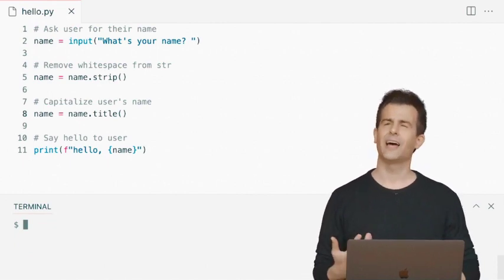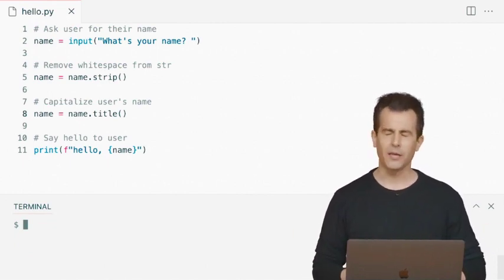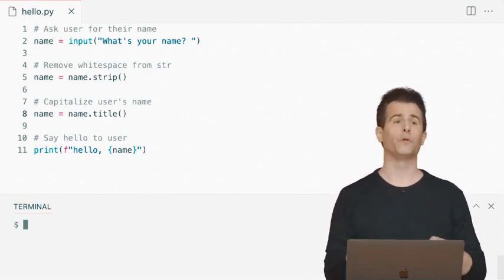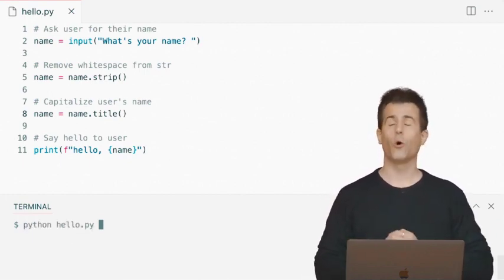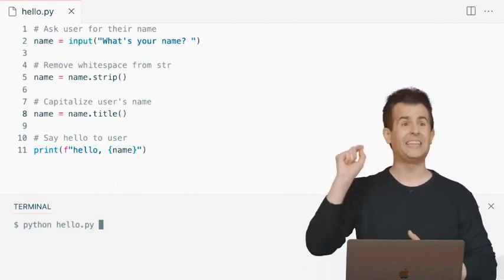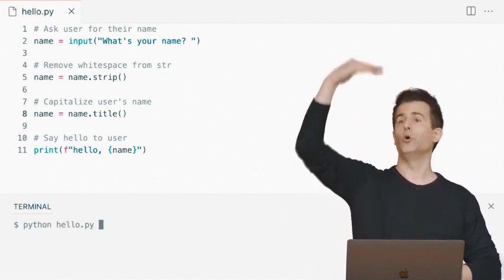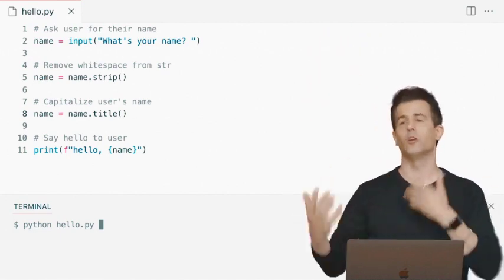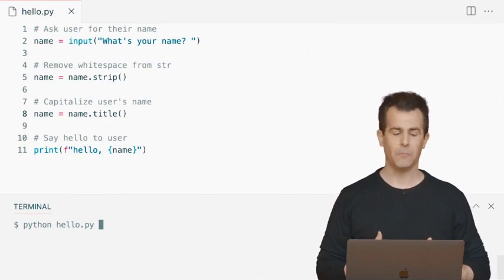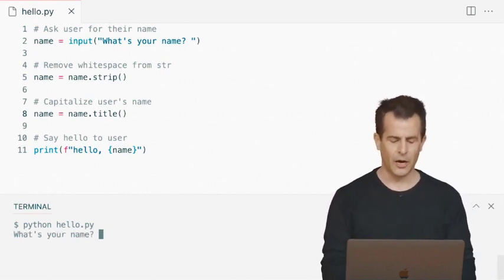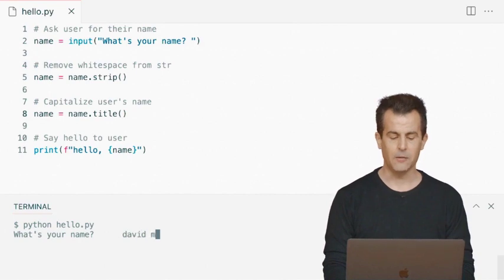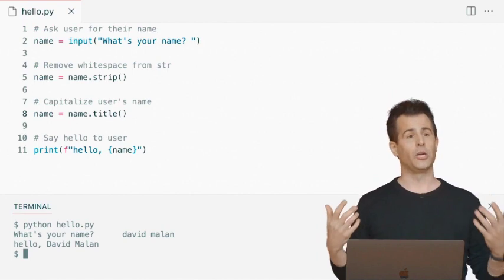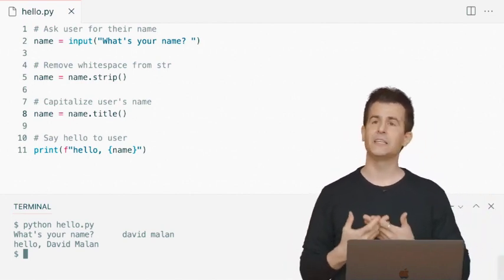And as an aside, I'm kind of tired now at this point of typing python, python, python all the time. It turns out that when using a command line interface like this, you can actually go back through all of your old commands. What I just did a moment ago was I hit the up arrow. That immediately goes back through my history of all of the commands I've ever typed. So this is just a faster way now for me to repeat myself than typing everything manually. Let me go ahead and hit enter. Space, space, space, space, space, DAVID, MALAN, space, space, all lowercase, enter. Now it's looking better. Now I've capitalized things and cleaned things up.